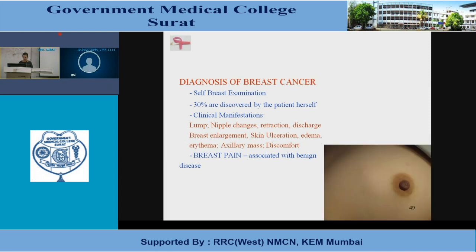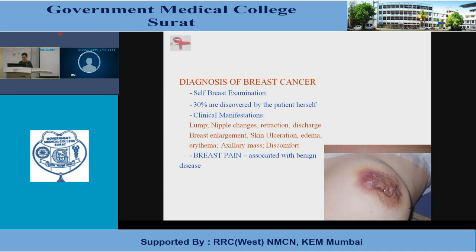So what you are seeing here, can you see this area? There can be a lump which is visible in the breast. Now what you see here is the retraction. Can you see this area of the areola has gone inside with the nipple. So this is basically the nipple retraction. Now what you are seeing here is the early changes of skin ulceration. There is a little edema, a little erythema, but the ulceration has not yet occurred, and again there is a nipple retraction.